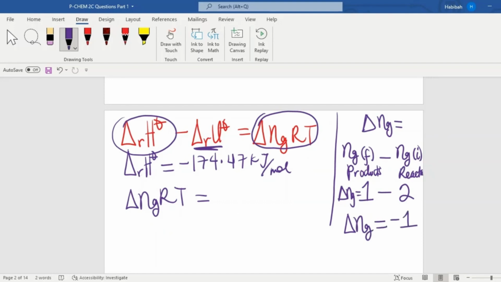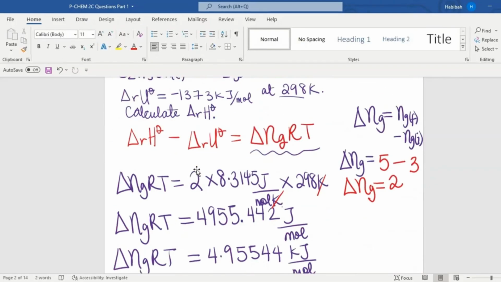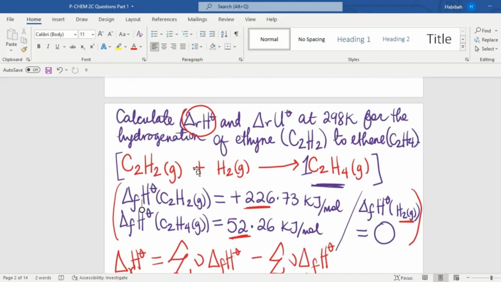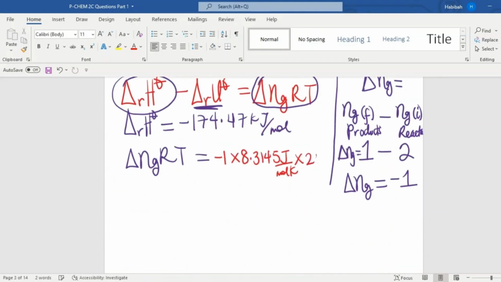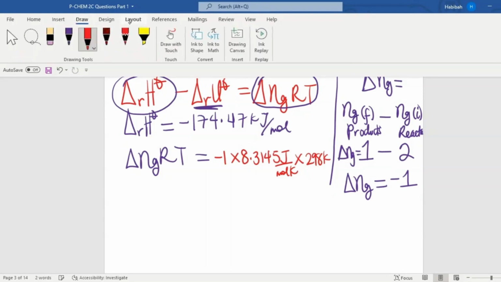So we're now just going to put this information here. We have -1 times R, which is the common gas constant, 8.3145 joule per mole Kelvin, times the temperature, which we're given at the beginning of the class, 298 kelvins. So let's cancel out the Kelvin. The change in n_g RT becomes -1 times 8.3145 times 298 kelvins, and that's going to give us